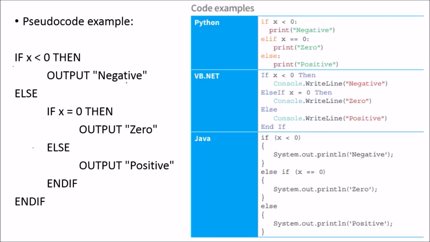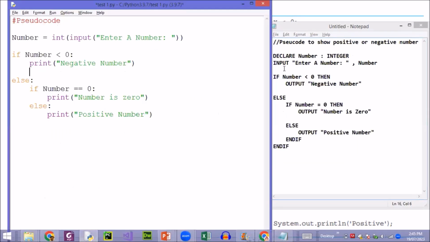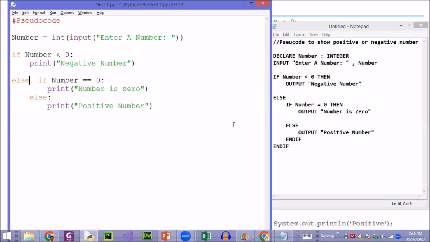Now if you see, this is the same thing represented and shown with pseudocode. This also can be done in Python code. Now, this is a nested one. Inside else you can use this, but you can also use elif. Now this becomes a part of your one if condition. So you just have to correct the indentation. If not, your program will give an error. This will become one part of your